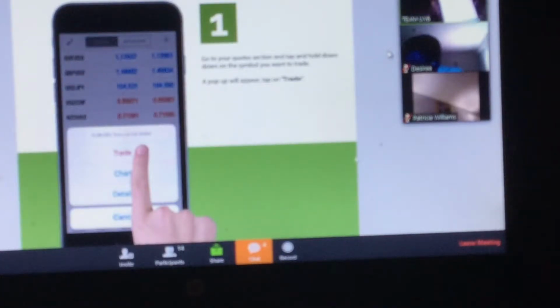So my sell is in a bigger loss than my buy is, so I'm going to close that one out. For Androids, I'm going to talk Android first. If you slide it over, y'all see how I did that? You slide it over, you can click the check mark to get out of this trade. On iPhones, I held it down. You see that box that came up at the bottom? Some Androids can hold it down too. If I click close,